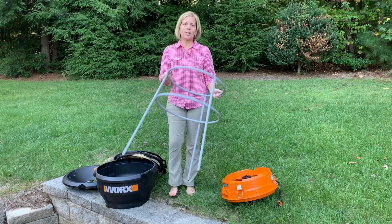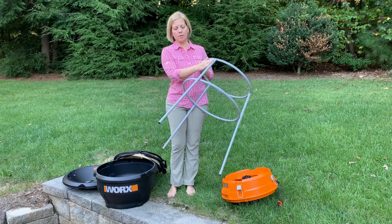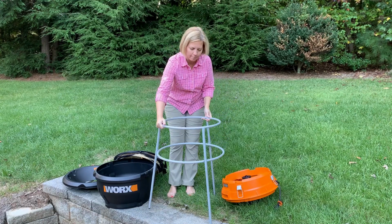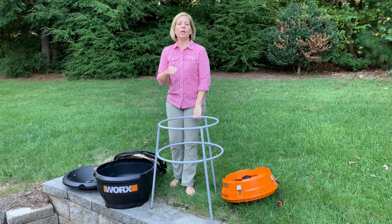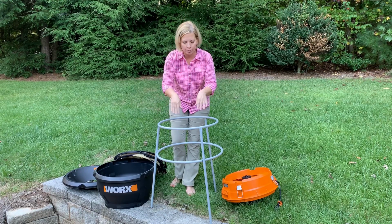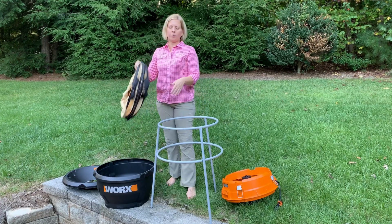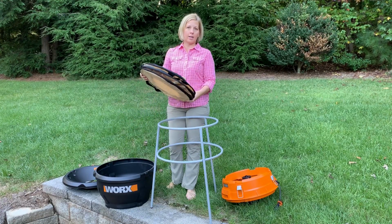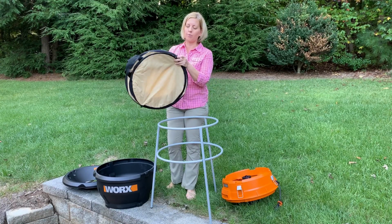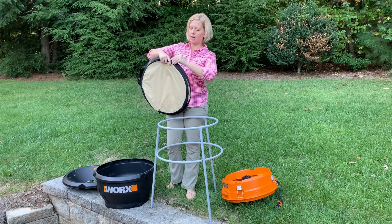Okay, so we just assembled the base by sticking the legs into this attachment. You just stick them in and it locks, which is perfectly easy. And then you're going to be putting a bag right here. So you can use a plastic bag, you could use a paper bag, and you'll put it inside and it kind of hangs over the edge. What we did was got the 26-gallon yard bag from WORX, and it's a collapsible bag. I've had these before and I love them. So you can collapse it down for easy storage, and then I will